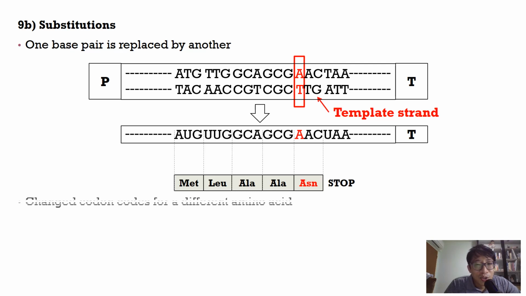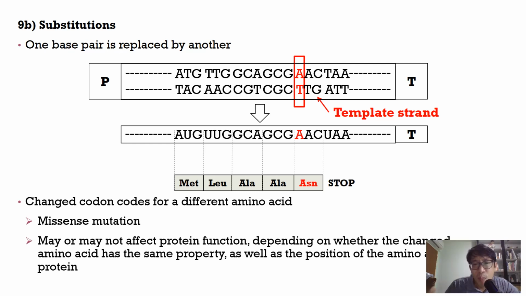Okay, so the changed codon due to the substitution mutation codes for a different amino acid, and this is known as a missense mutation. So the polypeptide sequence is changed by one amino acid. It may or may not change the shape and function of the protein, depending on how important this changed amino acid is. If the original histidine is found in the active site, for example, and now you change the amino acid,